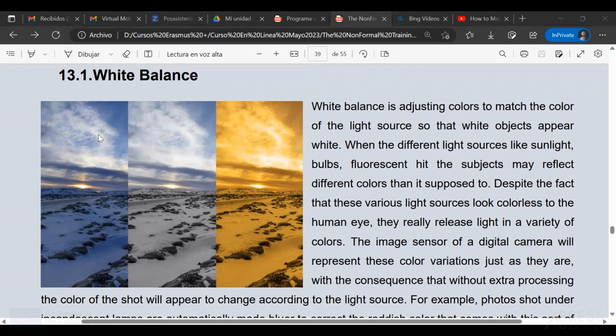While here on the left, you will see bluish snow and darkened stones. So you do not see a real difference between the sky and the snow, the land.